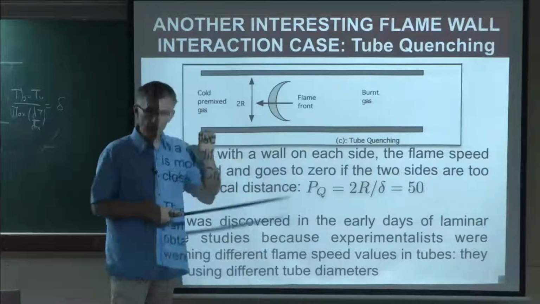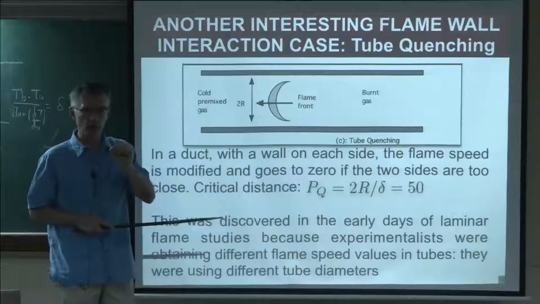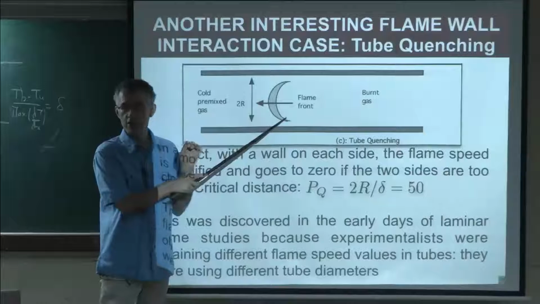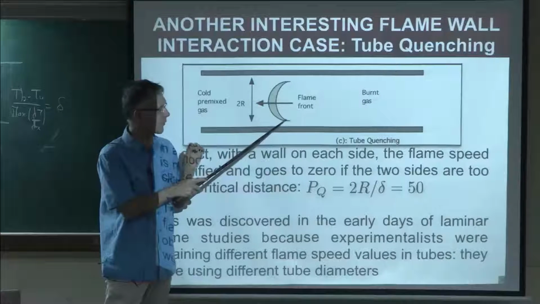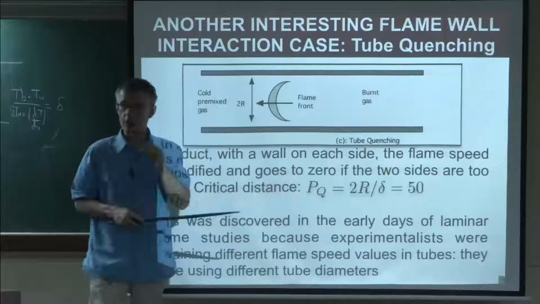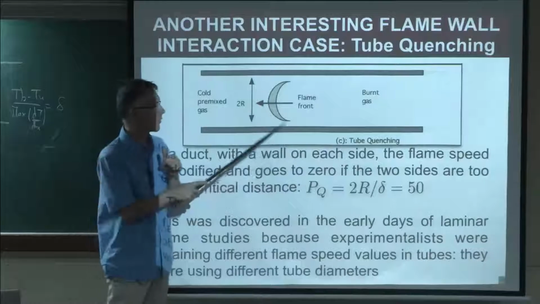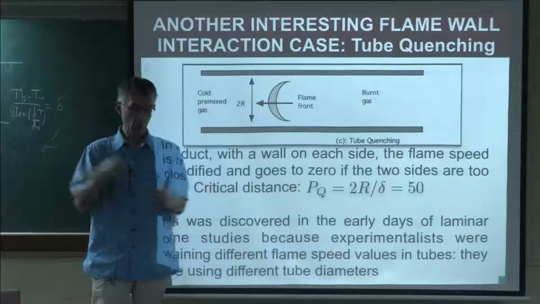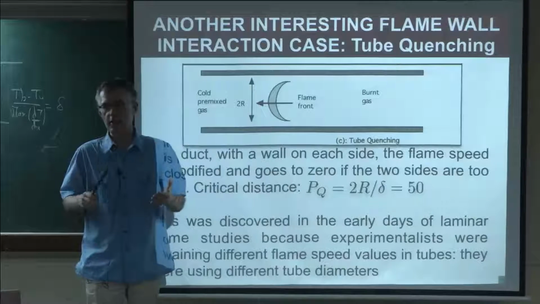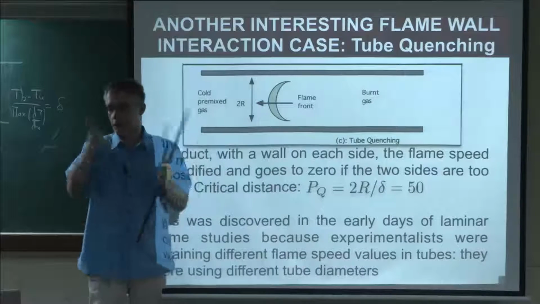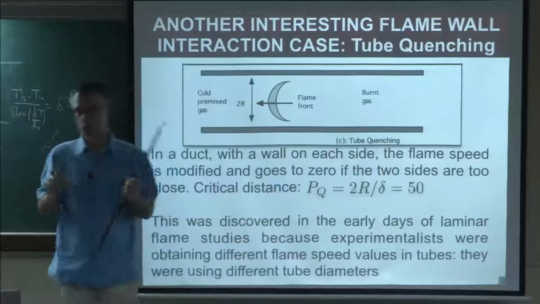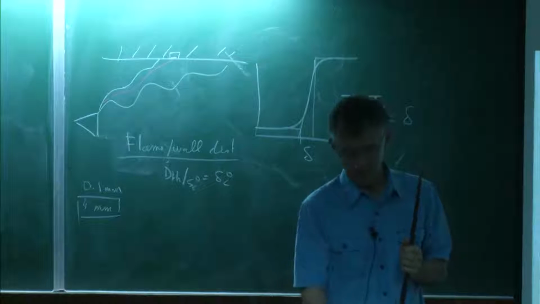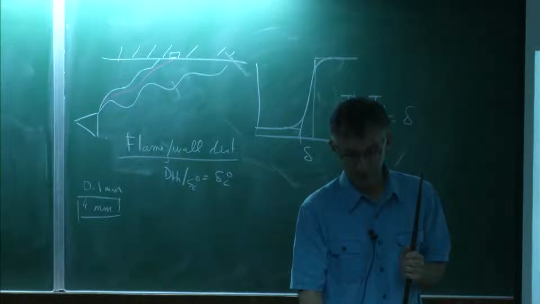If this thing is very, very thin, but again, as I said, the mass of the metal is 1,000 times more than the mass of the gas, so it's very difficult for the flame, especially if it happens only once, to burn the metal in one shot. It won't happen. The flame will die, but the metal will be okay. If it's one flame, one time, no problem. You can keep saying it's isothermal and it's good, if you don't want to repeat it too many times.